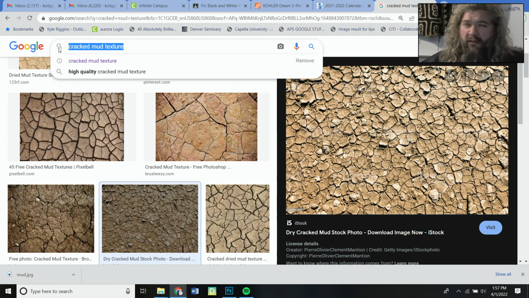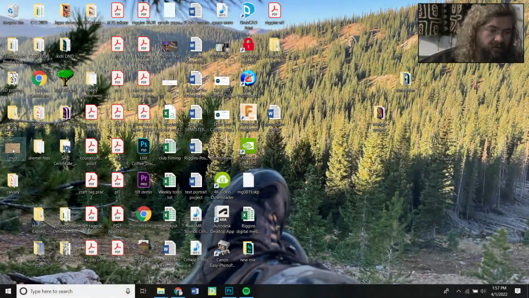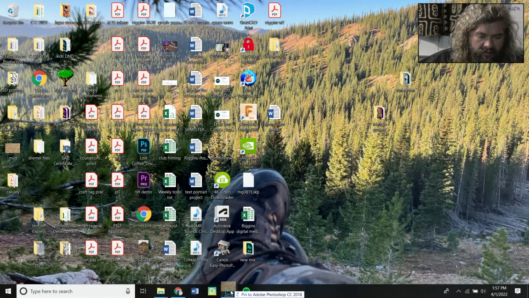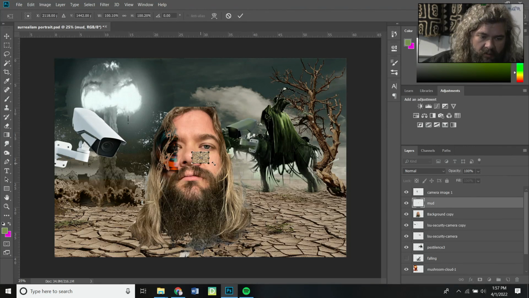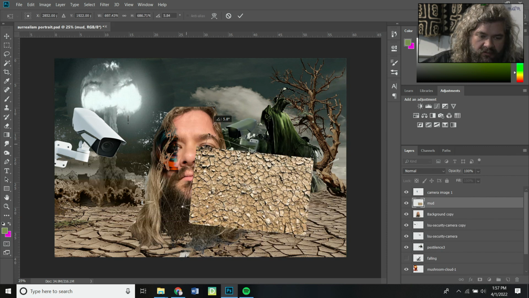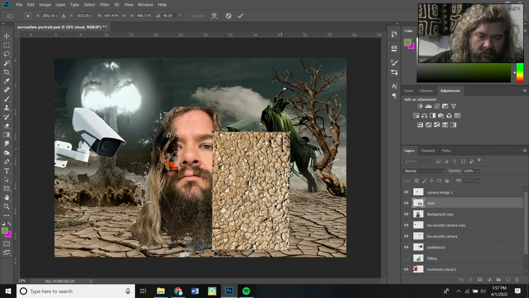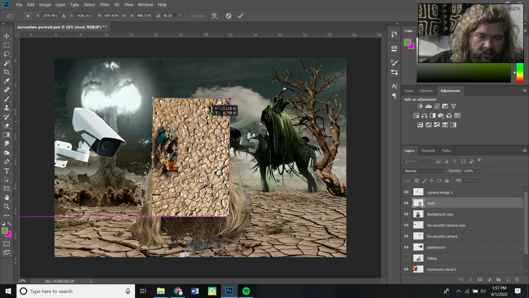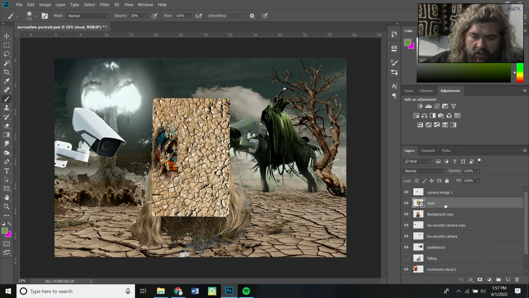I might put a skull in there. I don't know, we'll find out. Let's start off with this though. Float it over this, drop it in. Oh my gosh, that's ridiculous. A tiny little mud picture. Face like that, check mark, right click,